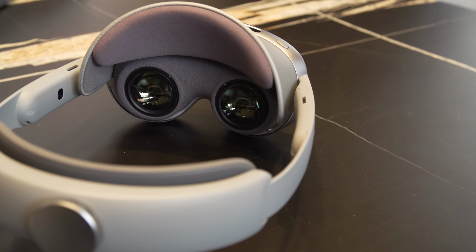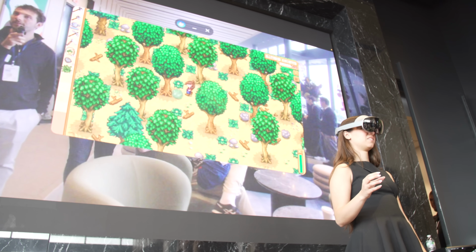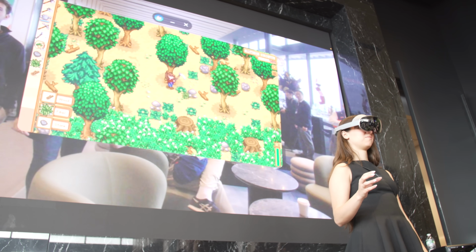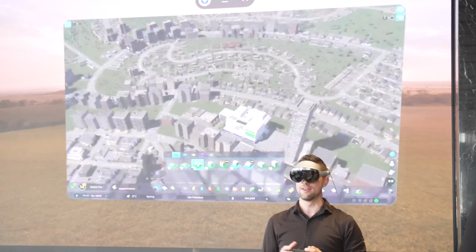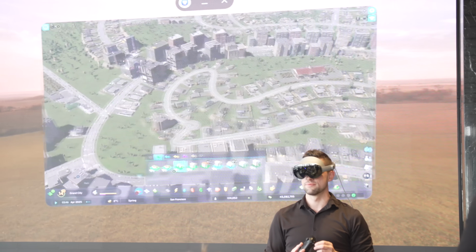And really, we're just scratching the surface of what the Android XR platform can do. I saw some demos of people playing standard apps and games from the Play Store, like Stardew Valley. Man, I would love to play Stardew Valley in a huge virtual 100-inch window. You can do Cities: Skylines. Just thinking about having a huge map and you feel like God, looking down on your little city,